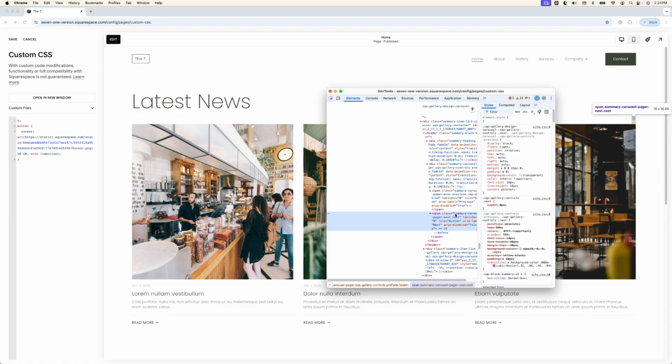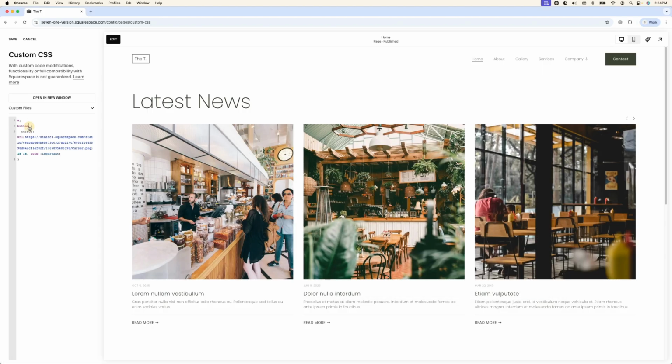But you're going to see that this class, because it's different to the one that is being held by the previous button, is obviously only going to affect the next button and not the previous one. So let's go ahead and do that just to show you what's going to happen. I'm going to group it here. And now if I go over that next arrow, I do get the cursor showing up. But if I go over the previous arrow, I don't, because I don't have the class for it targeted